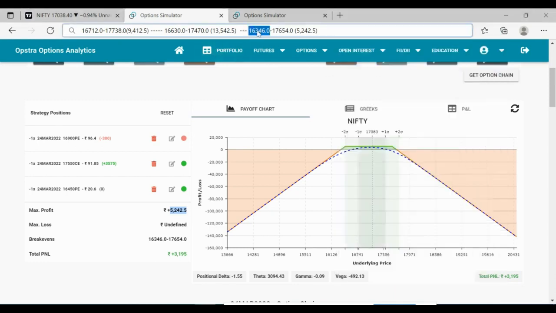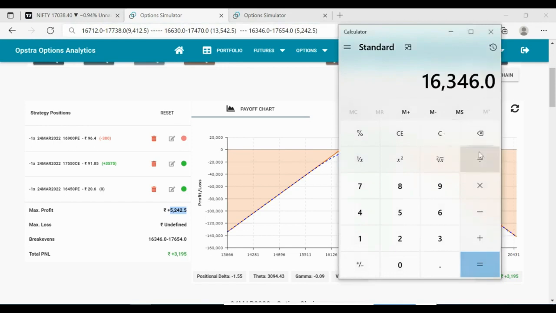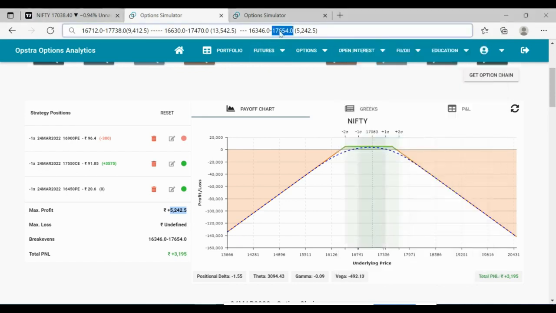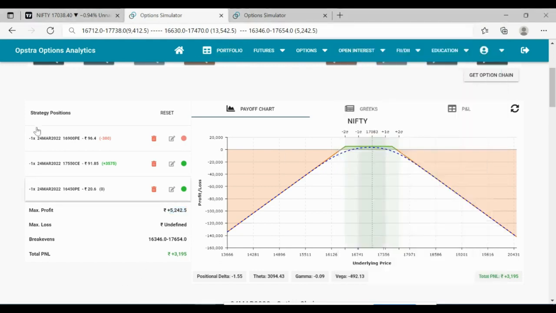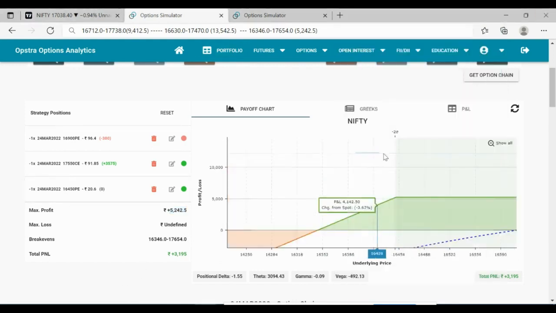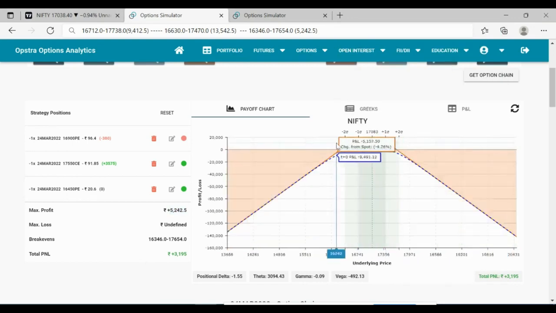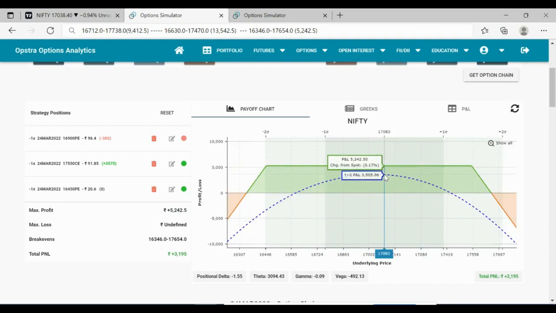So let's see what range we have by doing the other way adjustment, the second adjustment we have done. Now we have a range of 1300, more than the original range. So just by sacrificing 50% of the profit, we have increased the range to 1300. Looking at the graph, don't you think this is more safe, in terms of safety on both sides? The market stands in the middle, so we have huge protection on the put side and huge protection on the call side.